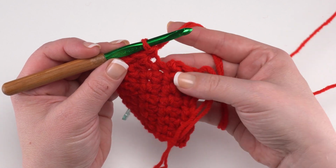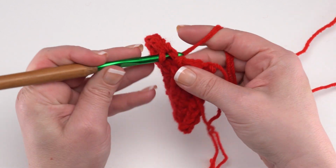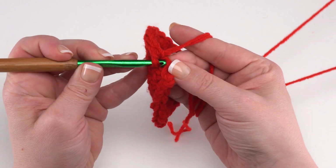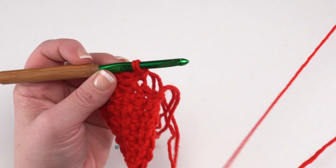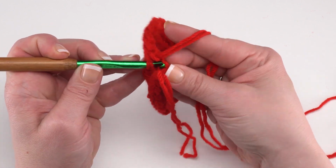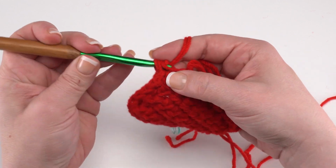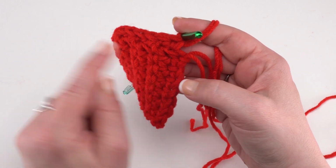So I've done the first 3. I've got 3 more to go here. So I'll just get into this one here. And where exactly you stick your hook really is up to you. It's a matter of what you like best as you're crocheting. So I've come up to the side of this last row here. So I'm going to go ahead and get one right in the side of the very first row I made. There we are. So now we've worked our 7 stitches across the top, 6 stitches across the side,